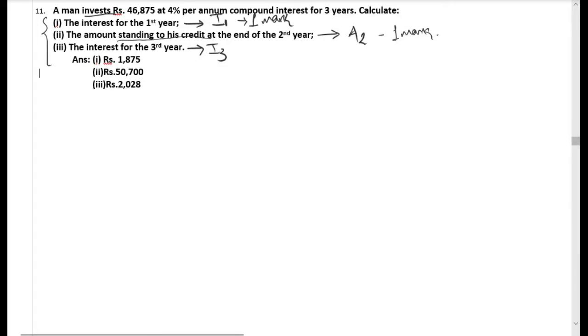These are all the solved examples. But I don't think there is any need for checking the method in the textbook because we already know the method. The only thing is you have to try to get the correct answer. For that, your steps should be correct and your calculation should be correct. So this is the right moment to check whether you've understood this video or not. Right? Solve this question yourself and check the answer yourself. We are going to move to the next question.